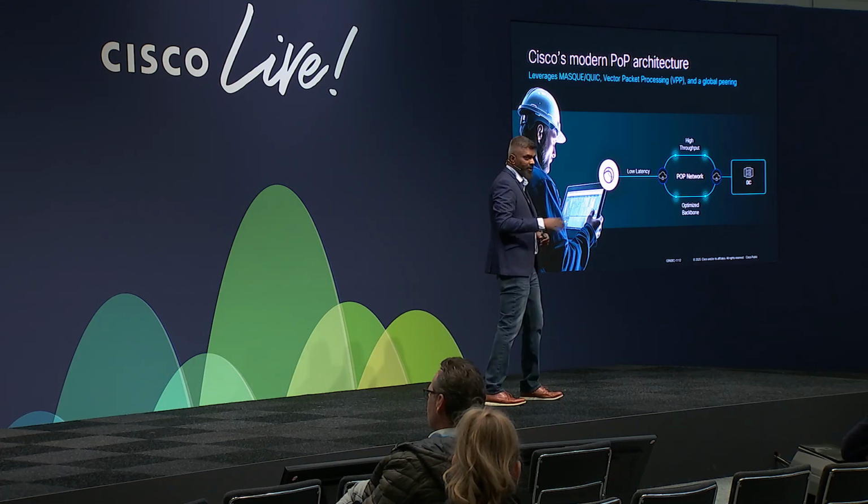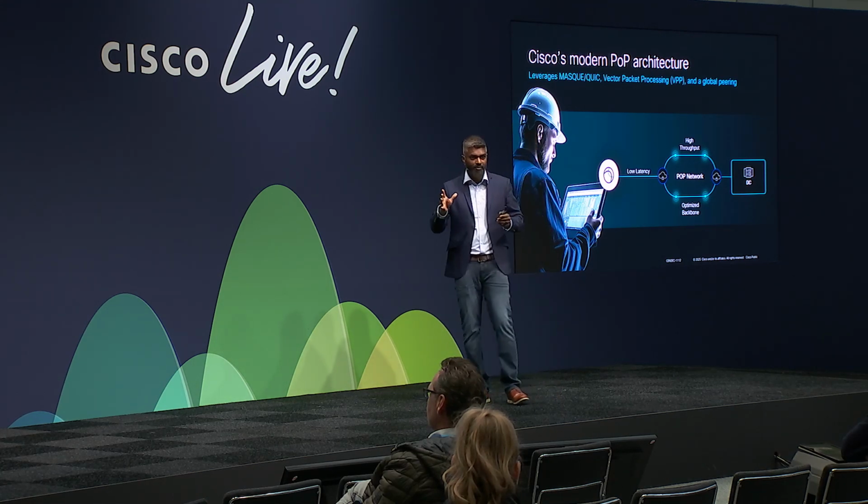I'm a big analogy person, so if you're not familiar with MASQUE and QUIC, I want you to think about a new high-speed rail system, right? If you have a new high-speed rail system and you want to deploy, say, new tracks and a new train system on top of it, think of QUIC as the track system that we're going to leverage, right? So what it does is that QUIC is built on UDP, and this inherently gives us a few benefits out of the gate.